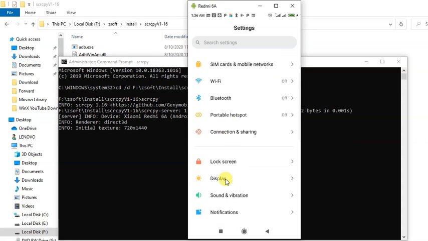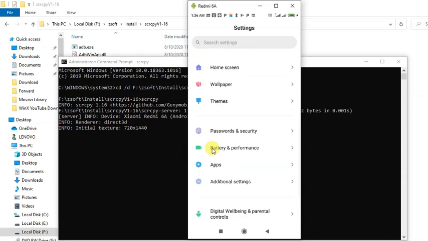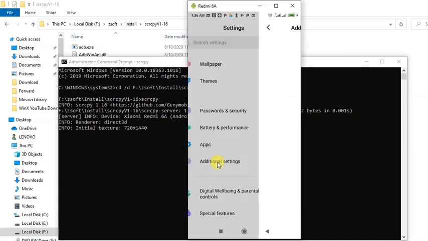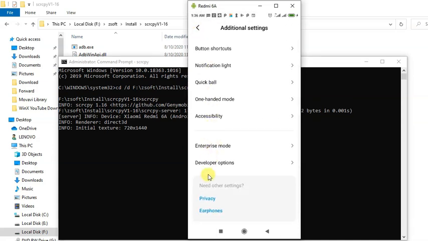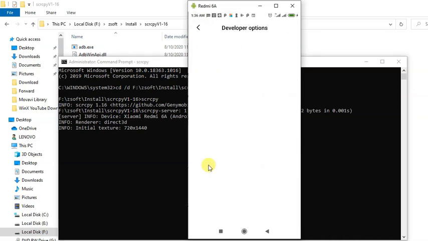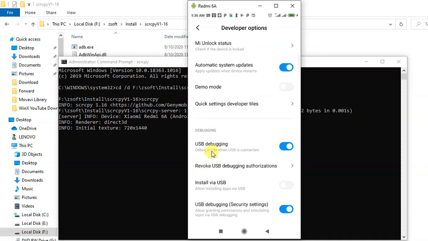I have already done this, and I'm showing how to do it. Here, come to your advanced settings, developer options, and USB debugging.